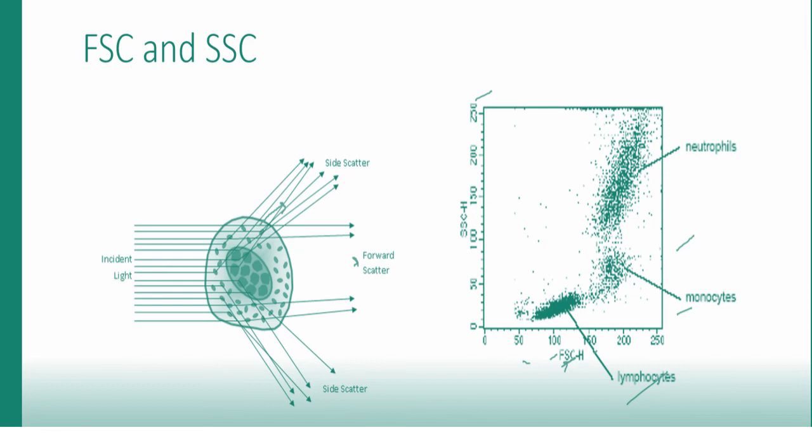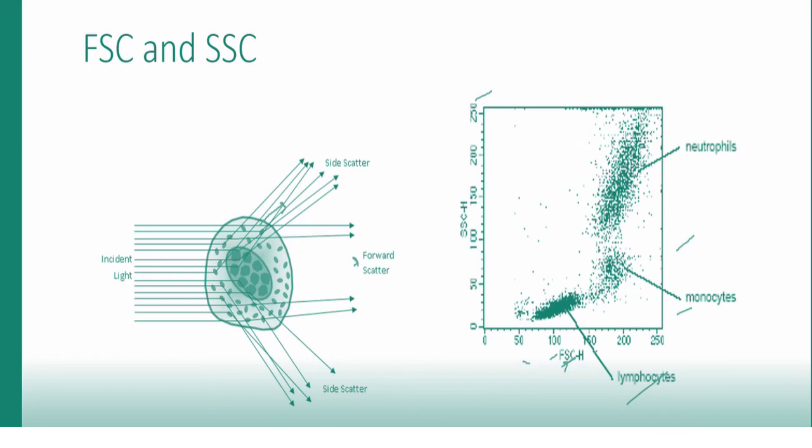For example, this is the dot plot of the FSC and SSC. In this plot, this is the lymphocytes. Now, lymphocytes have very little internal complexity, or granules, so they will show low SSC, but the FSC, that is forward scattered light, is a little bigger in size, so it shows FSC between 100 to 150. Then you can also